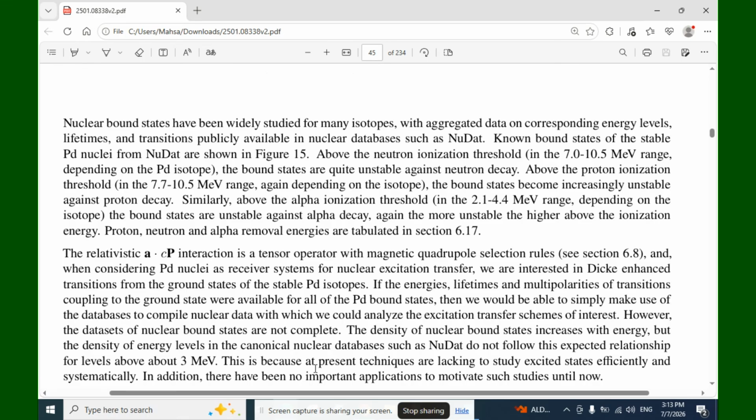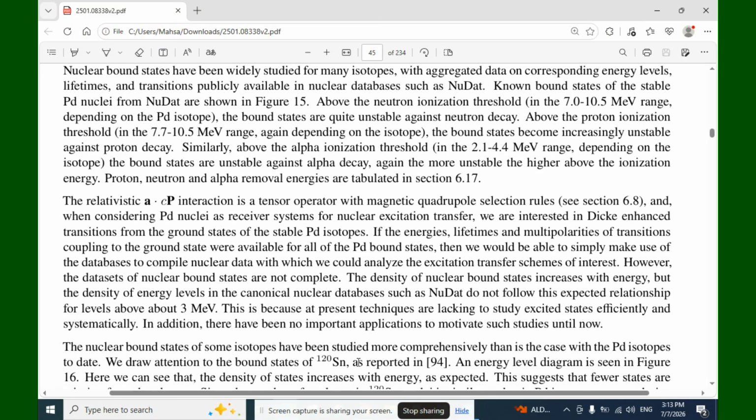Similarly, above the alpha ionization threshold, in the 2.1 up to the 4.4 megaelectron-volt range depending on the isotope, the bound states are unstable against alpha decay. Again, the higher above the ionization energy, the more unstable. The proton, neutron, and alpha removal energies are tabulated